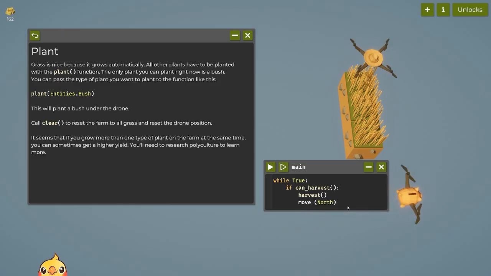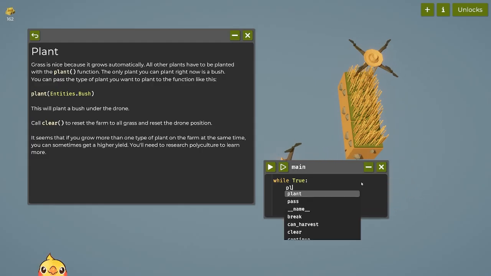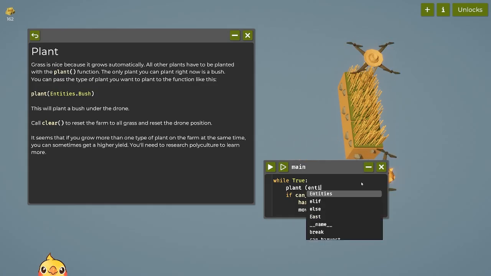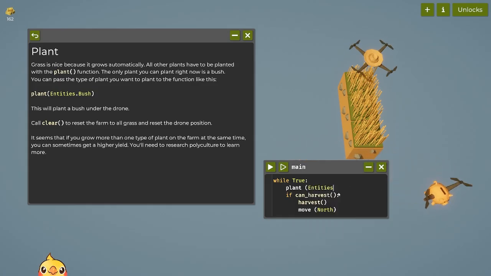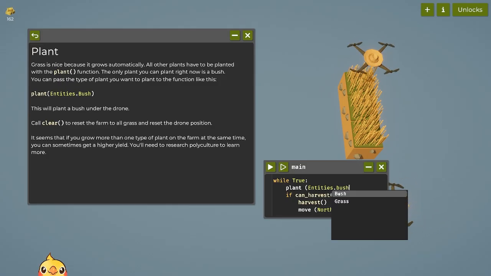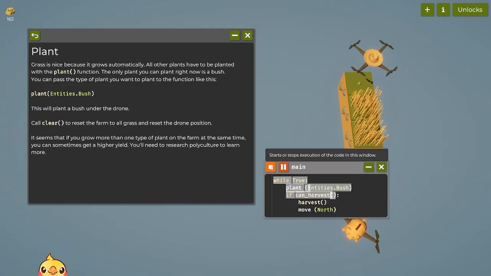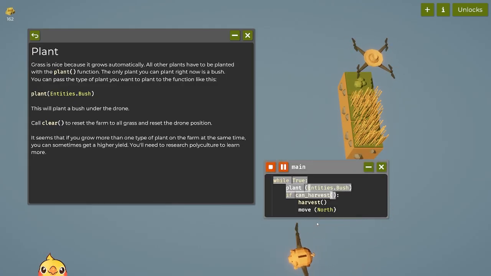I think I'm gonna leave this one here, right? Now, so we're gonna change this a bit. We're gonna say here, plant entities, and then what was it? Dot bush. I wonder if this is gonna break it also when you're writing it small. I'm not gonna risk it. Then if can harvest, so this should be fine, right? Let's see if this is working. It is working,